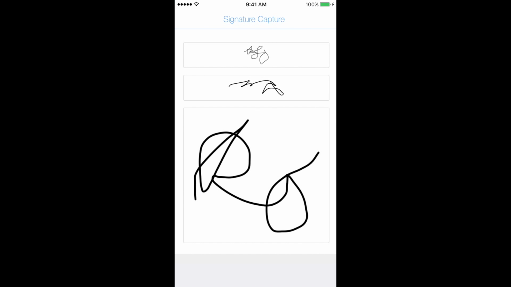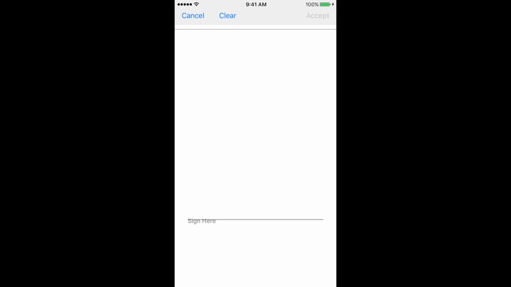FileMaker Go paired with an iPhone or an iPad become the perfect tools for capturing the signatures of your customers, drawing on top of a schematic, for instance, or even just everyday doodles that you may want to store. With FileMaker Go 16, we now have 3 ways to implement a signature capture feature in your custom app. If you're familiar with older versions of FileMaker Go, you'll be familiar with the full screen overlay. So my first field, if I click on it, we have a full screen overlay to do a signature capture.